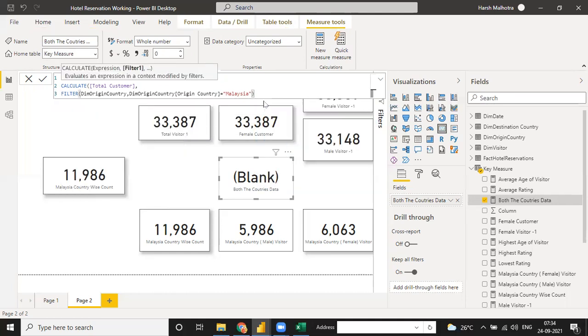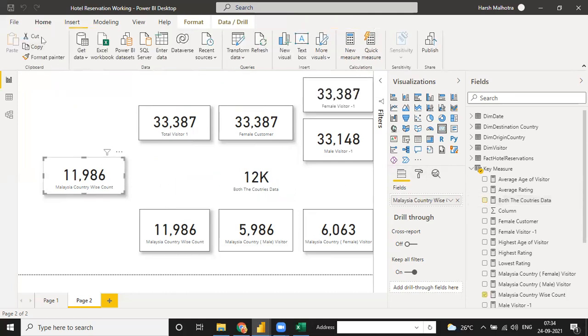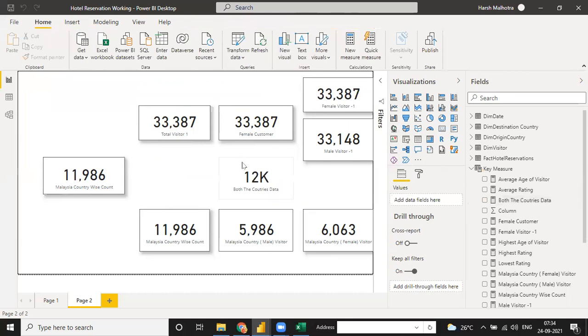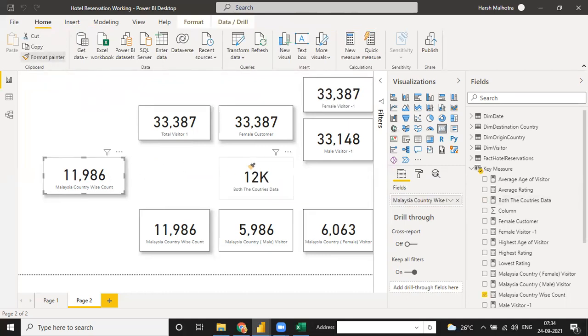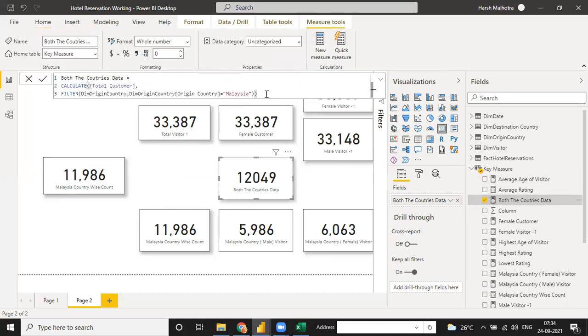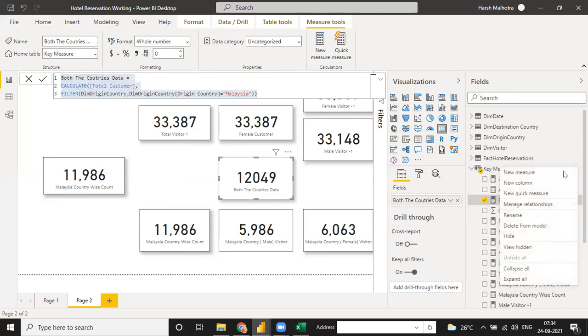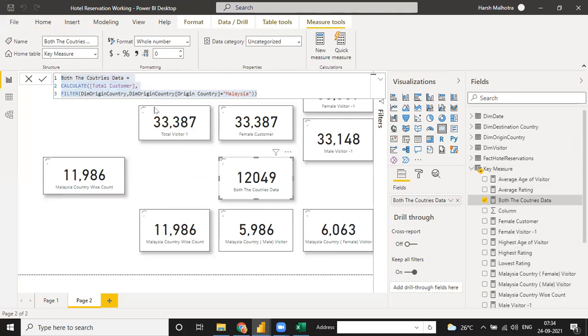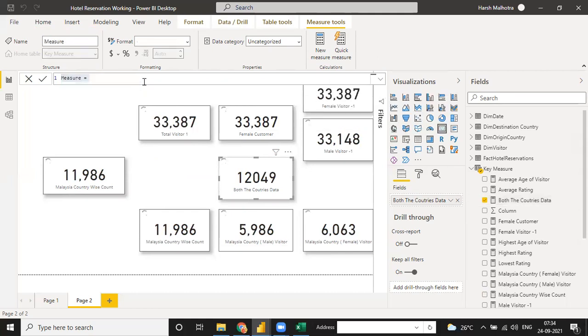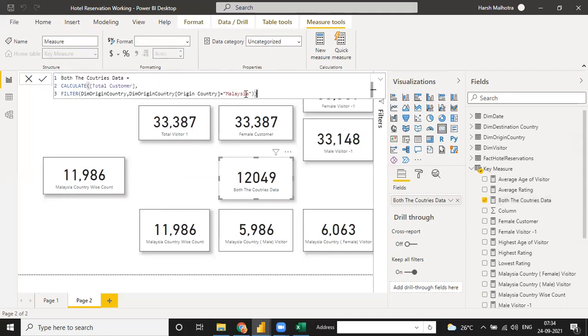I don't see Malaysia. When you click on Malaysia, see, everything is correct. I click on this format and do the same formatting of this function. See, everything will be the same, but the only difference is you can just click on this country and save with another. So instead of Malaysia, now you click Indonesia.